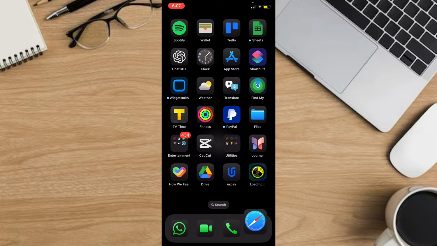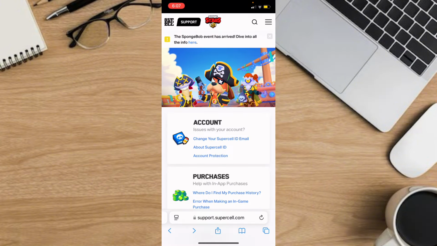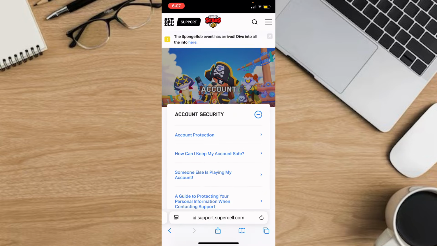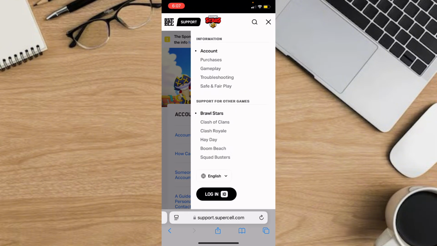So first of all, go ahead to the official website of Supercell, right? And then what you're gonna do, you're gonna just go ahead and click account. Make sure that you log in to your Brawl Stars or Supercell account, and if you have already an account, you're gonna just go ahead and click the three horizontal lines at the top right, and you're gonna click support. You're gonna see, instead of login, you're gonna see a blue button that says contact us, or chat, and